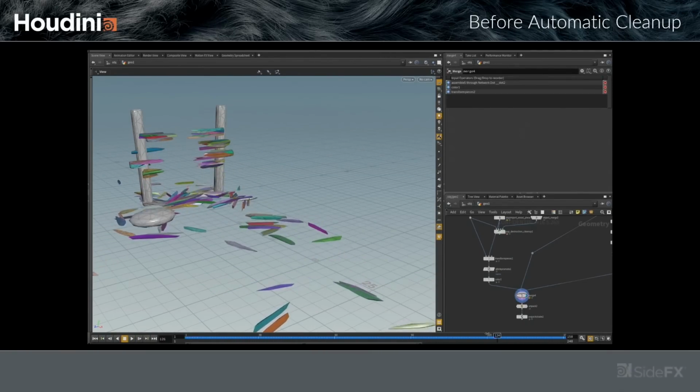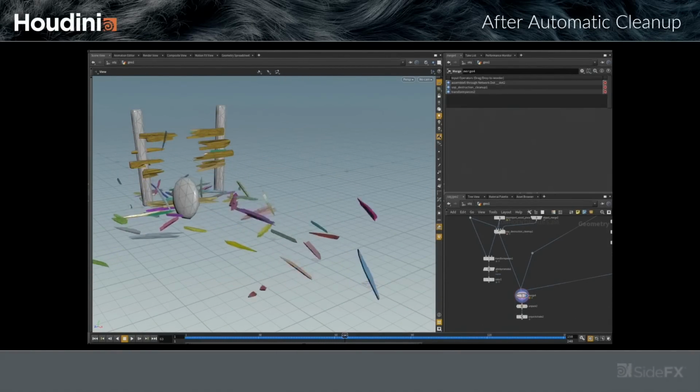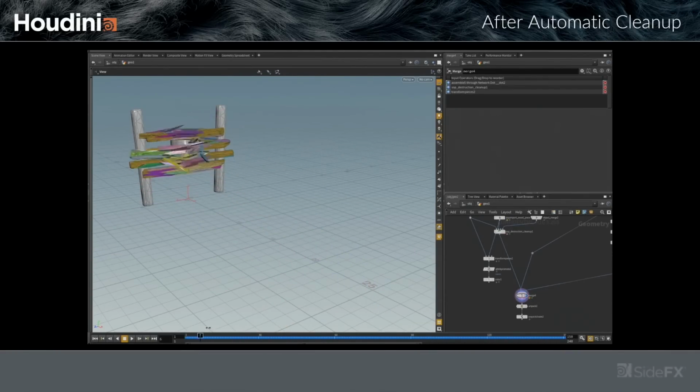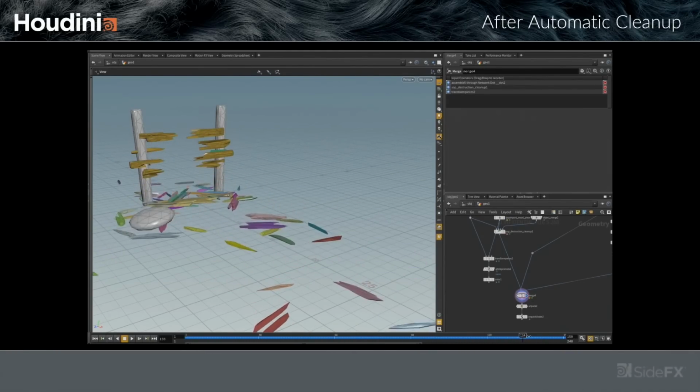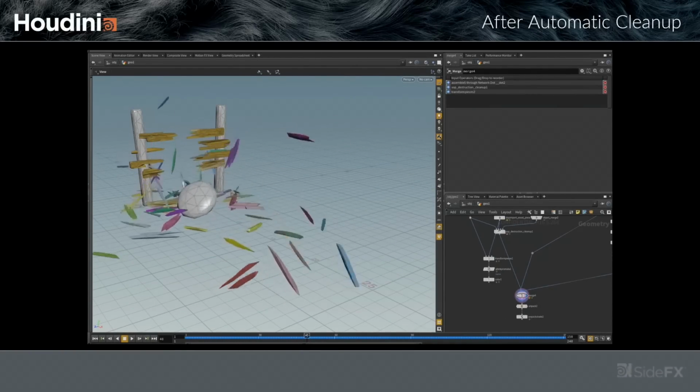So on the next slide, now what I'm going to do is simply plug this simulation into the tool. And what we can see now is that the tool automatically figured out which pieces share similar motion and bashed them together with each other. So that's a big difference in terms of performance, but visually, they're both identical. So on the next slide,